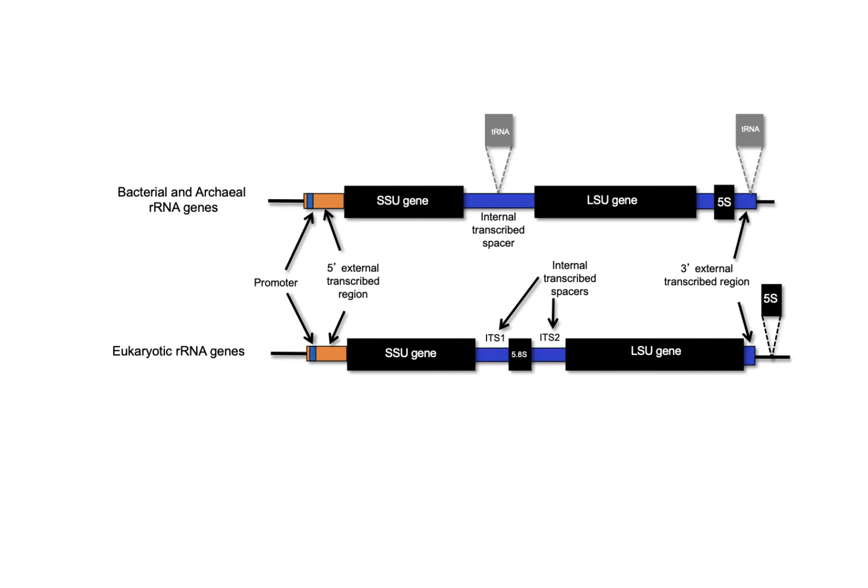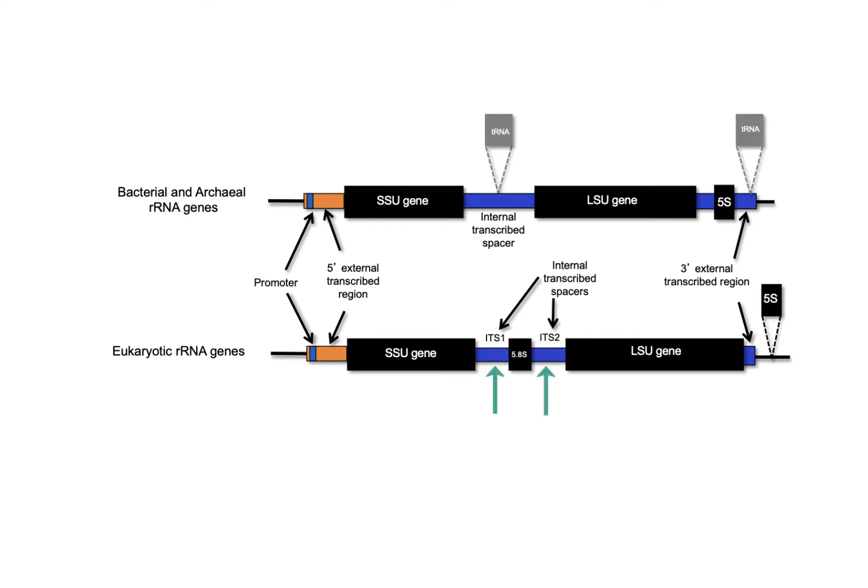You can also see a difference in some of the spacers. So in the bacterial, archaeal, and eukaryotic ribosomal RNA genes, they have a similar 5' region that contains a promoter. And then they have internal transcribed spacers. So these are transcribed as RNA and then later chopped out. Bacteria and archaea have only one internal transcribed spacer, and sometimes one or more tRNA genes are located within the